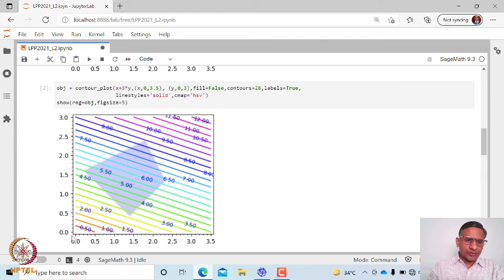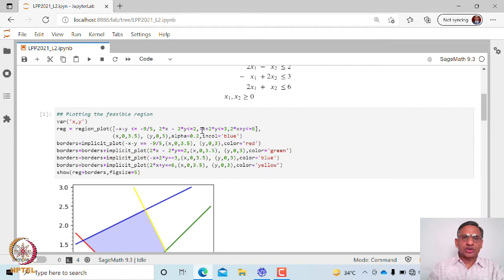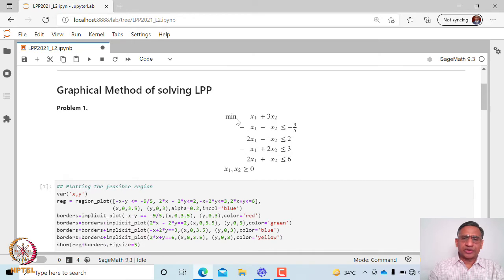So as we go from 0 towards the positive first quadrant, what happens is the value of the objective function keeps on increasing. The problem is of minimization type. This is to minimize this function.